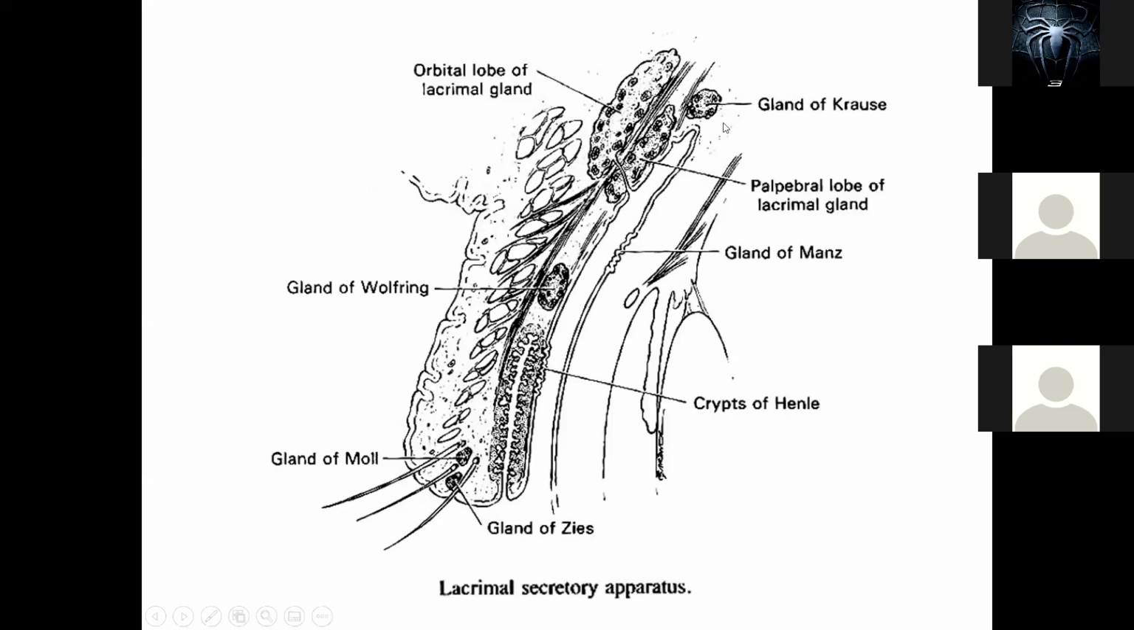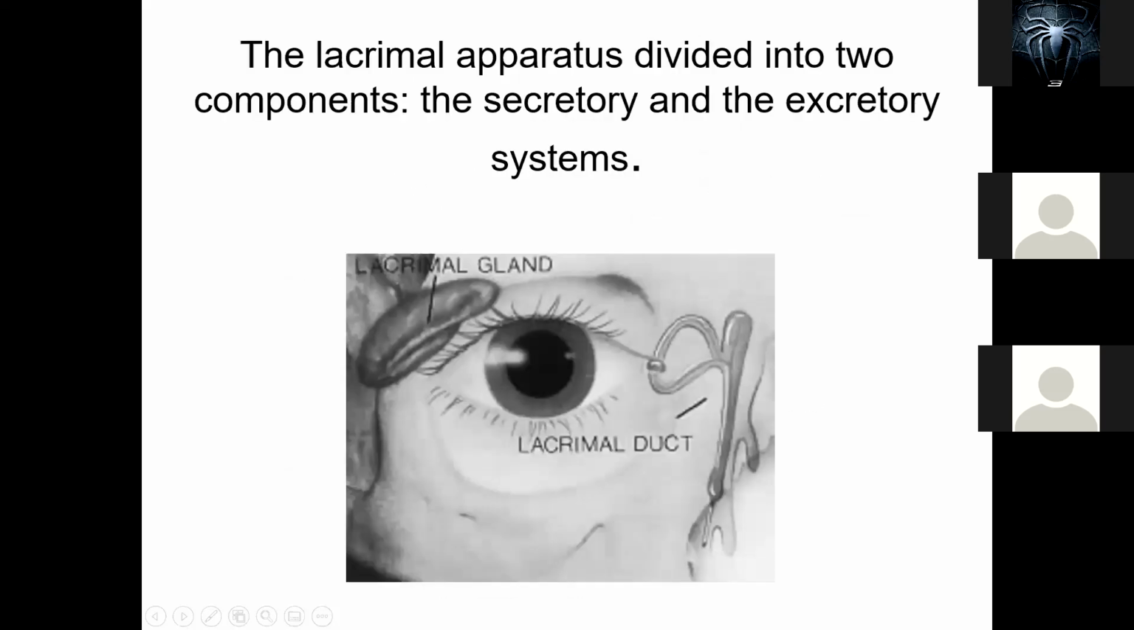Okay, so we have the gland of Krause here, we have our gland of Wolfring here, and then also this is the orbital aspect of the lacrimal gland. So these glands here just produce mucin. Yes, so there's another diagram